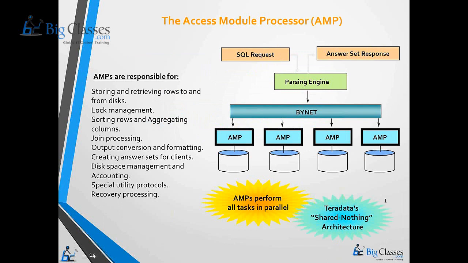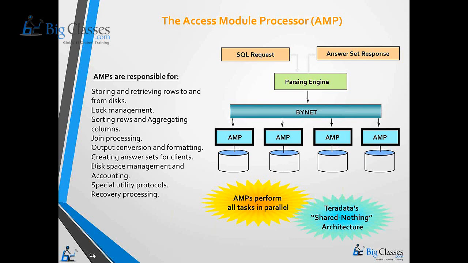And here the main component of Teradata is the access module processing unit, right? So what is an access module processing unit? Basically, once your parsing engine prepares the explain plan for the query, the data might be spread across the different AMPs, right? So all the joining conditions, sorting the data, aggregation, everything will be done at AMP level, okay? And output conversion and formatting, everything will be done at AMP level, and once the calculation is done, the data goes back to your parsing engine with the help of BYNET.